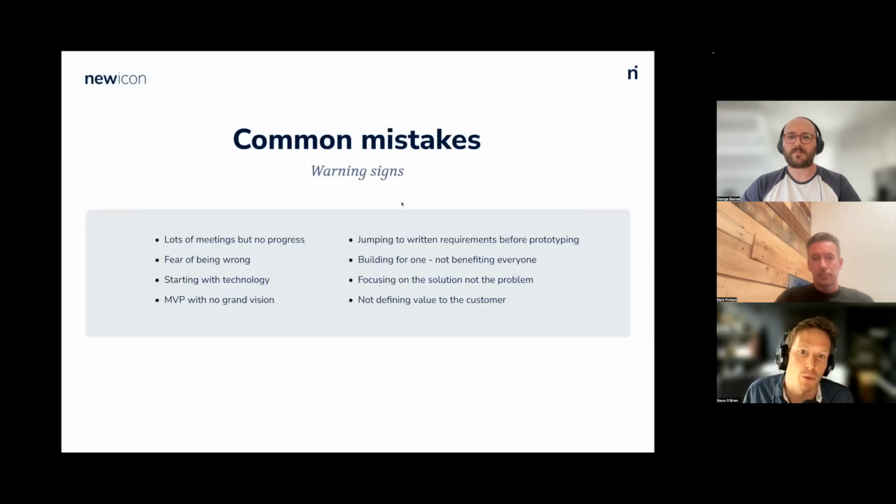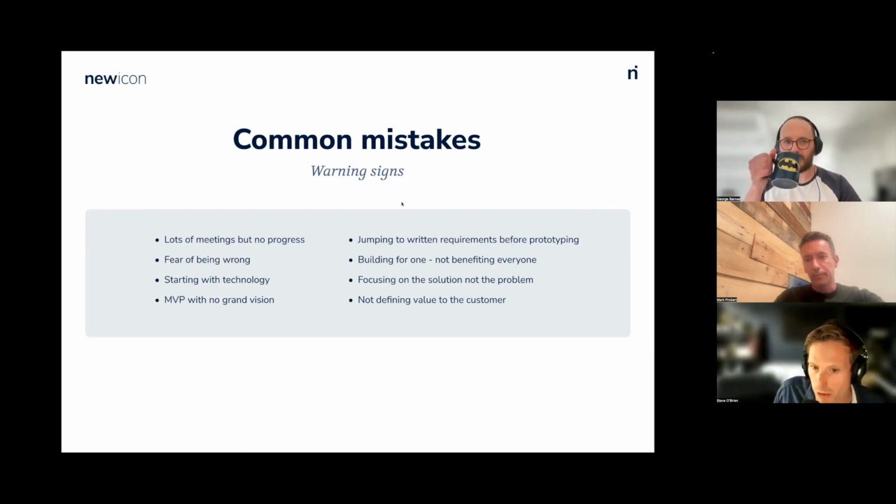So, common mistakes that we typically see when we go into customers, or where we see people get stuck quite early on in the process, particularly in meetings. We arrive and they've had lots of meetings, but no progress is happening. There seems to be a general fear of getting things wrong. So they want to write things down, but at the same time, they're worried about making the wrong decision early on. They're talking about technology. So everyone thinks we need to define the technology and what frameworks we're going to use and what databases and everything like this. Or they're talking about security, and that's impeding actually defining what they're trying to get done.